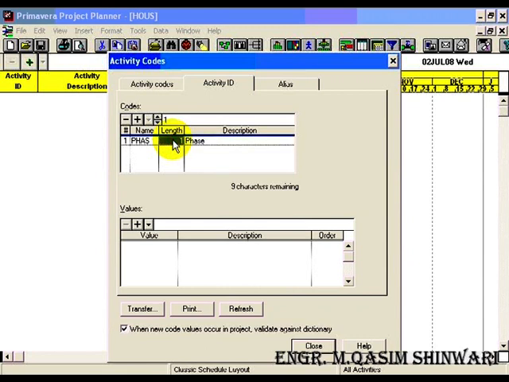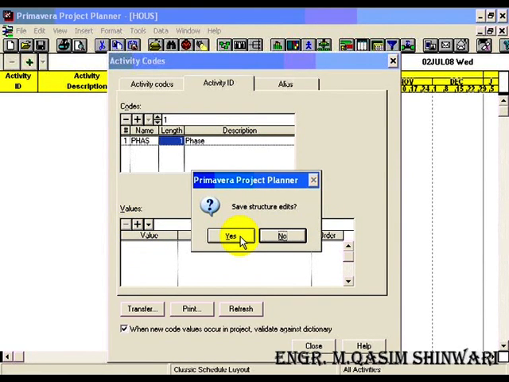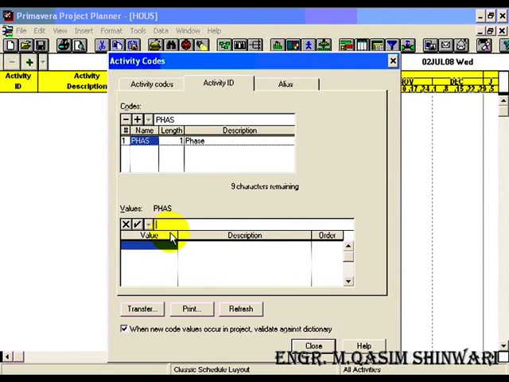Okay, the number you enter in the length column will be equal to the number of characters you are going to add in the values. As in this case we have entered 1, the maximum characters in the values column will be 1. So click over it. Save structure edits, yes. Now the first is D, press enter, and its description will be